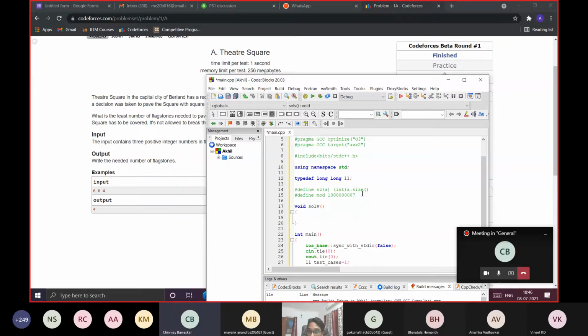If our sides are as in the input 6 into 6, 6 cross 6, and we have squares of 4 by 4, we will see the remainder of 6 by 4, which is 2, and by subtracting it from 4 it will be again 2. We will add it to the 6, which will give us an 8 cross 8 square, and the 8 cross 8 square will be enough to cover the whole rectangle. And it's the same logic which can be extended to higher numbers also. Okay, I think you're correct.